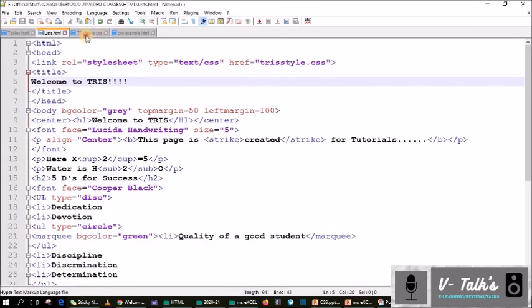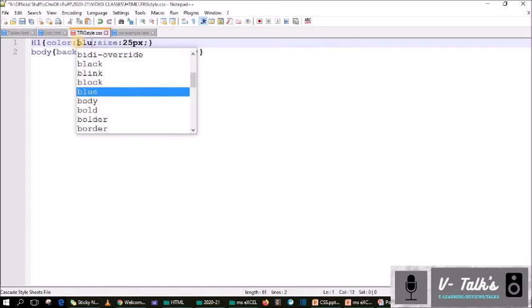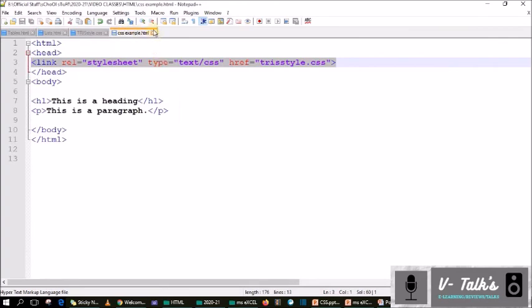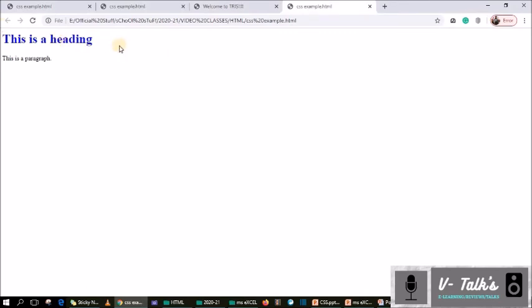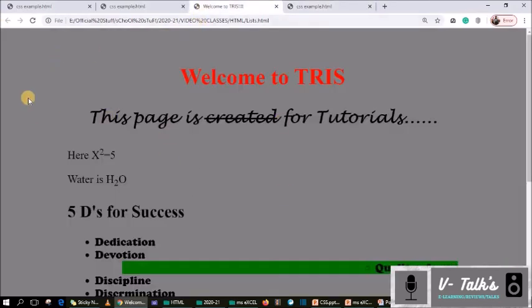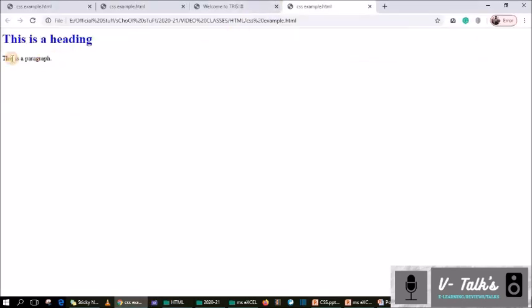Now if I change the red to blue, what will happen, we'll see. I changed it in the CSS, and now I am running the first file. It became blue. Now this file I am refreshing because the CSS is changed. You can see whatever page is linked to the CSS, its effect comes here. This was an old file, I just connected it, that's all. Here the p tag is normal because no changes were made.